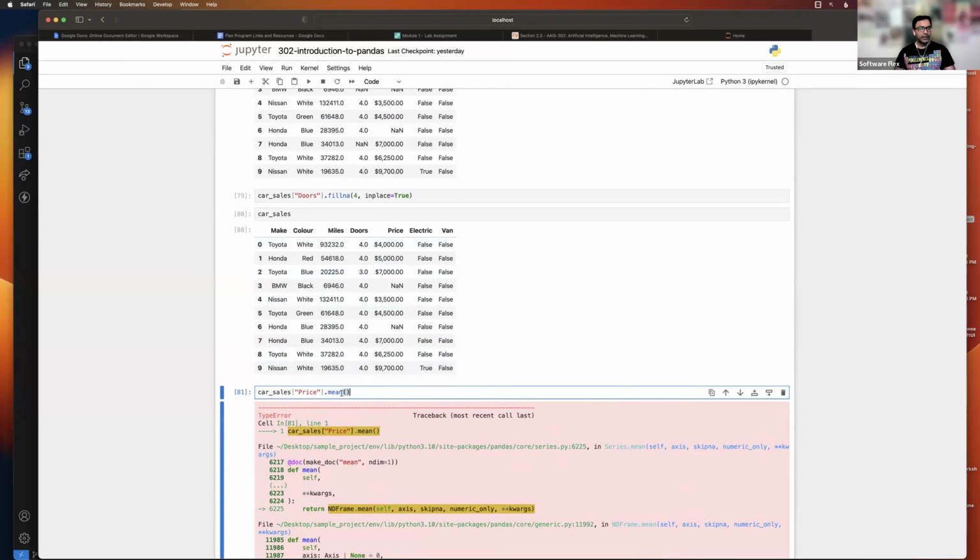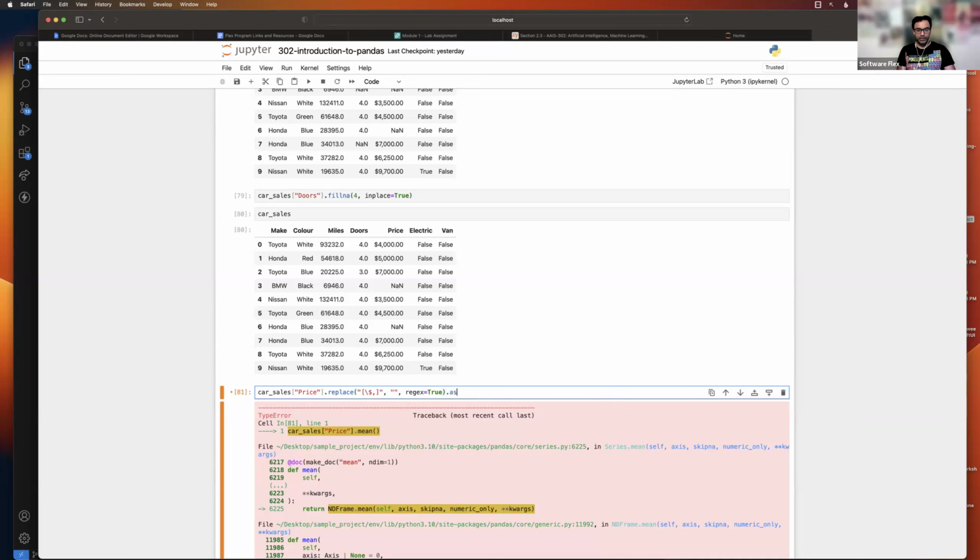We can do the same thing we were doing. We can say car sales dot replace, and in the replace, we can pass in the same thing, which is replace the dollar sign, replace the comma with nothing, empty, and regex true,